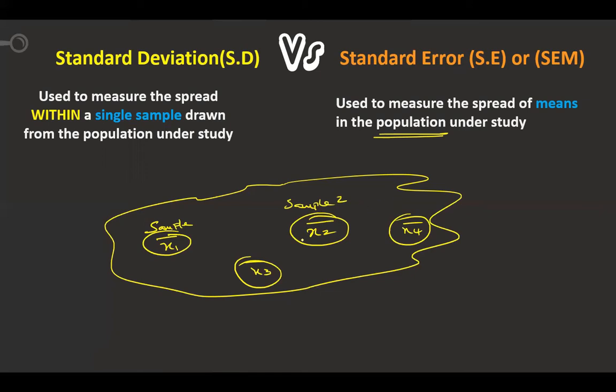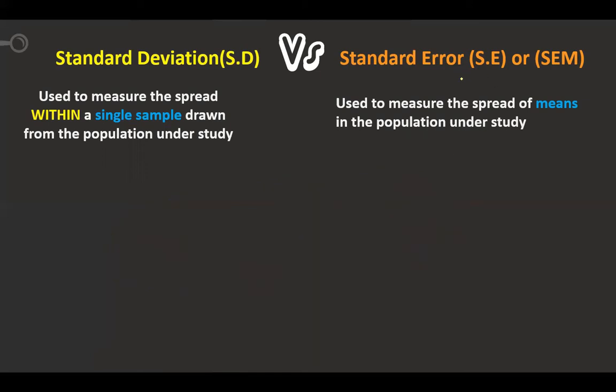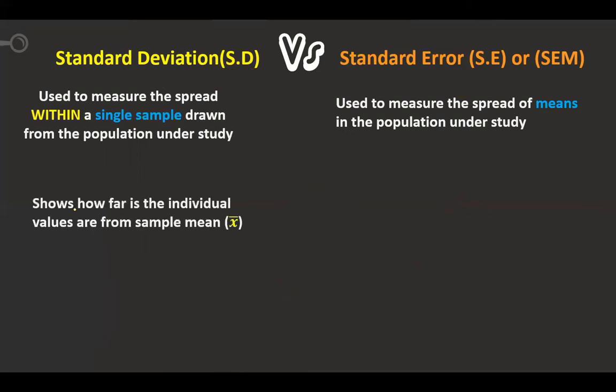So whenever I say standard error, it says population. Whenever I say standard deviation, it is the sample, and most of the time standard deviation is also used for population also. Now standard error and standard deviation, this is the difference you are having. So what is the next difference? It shows how far the individual values are from the sample mean. For example, 25 is my average. One student got 2 here. So this is the difference. I want to find out the difference of each and every individual value.